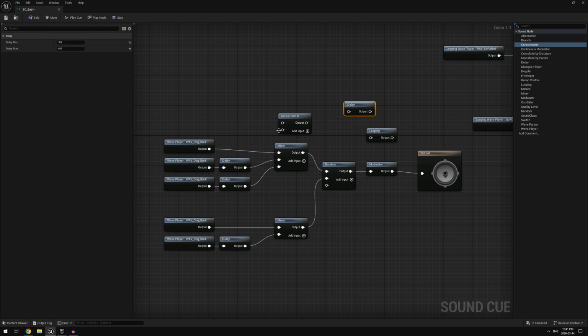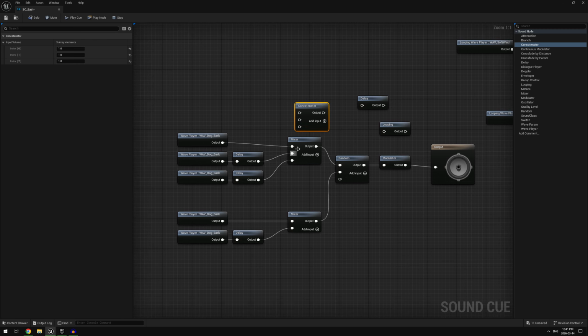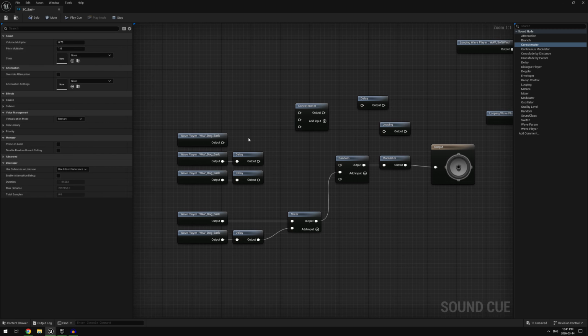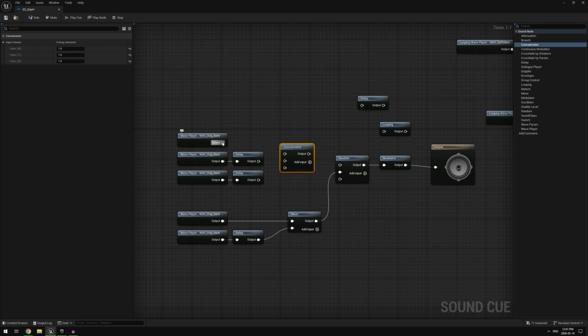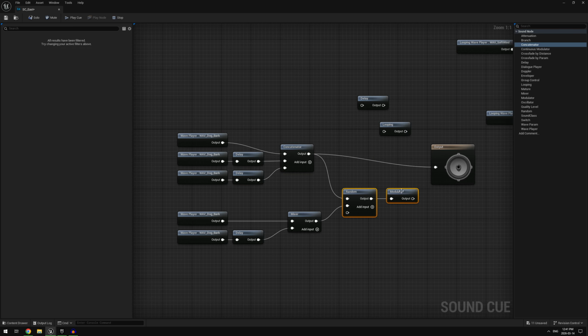So what this is going to do is it's going to allow me to open this up. We've got our 3 different things here, and if we delete this guy and we bring the concatenator in, the concatenator should play these things in sequence like this. So if I hit play now, let's just drag this straight into the output here. We'll move these down. So if I hit the play cue now,